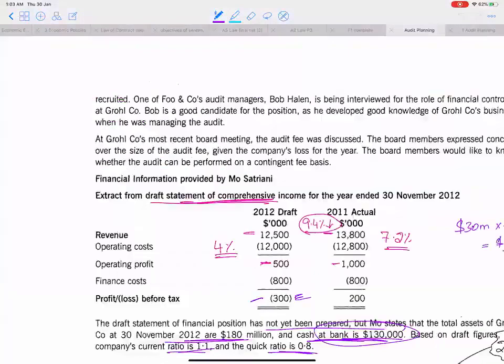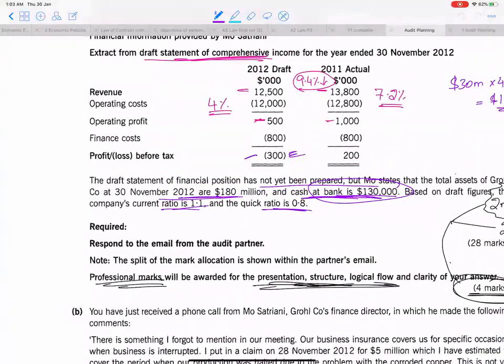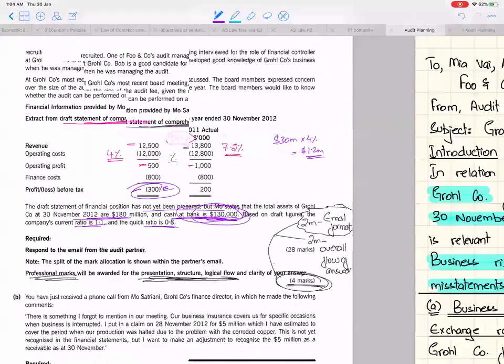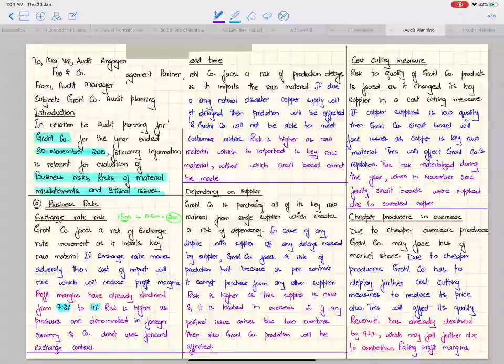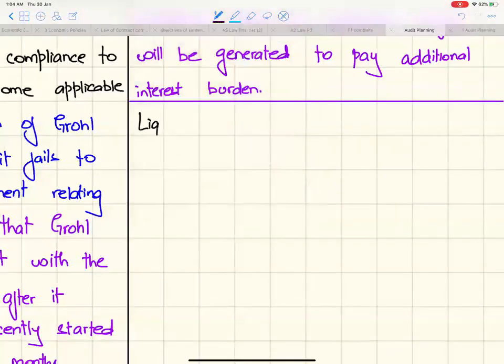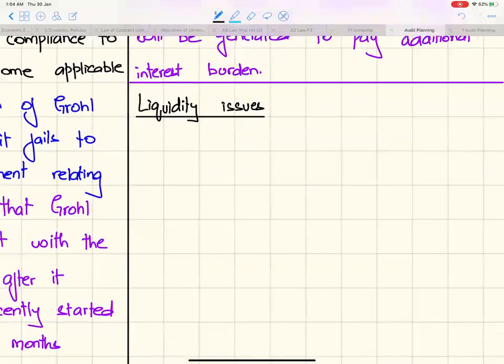The liquidity issue can also be seen from the low cash balance of $130,000 as compared to a loss of $300,000. Current ratio and quick ratio are already on the border. So now see, this is a risk of liquidity. Now, this is not a normal risk. When you write this type of risk, you don't use the normal approach. This is the risk which will work on facts. You will not follow the same approach of identify, impact, and evaluation in it.